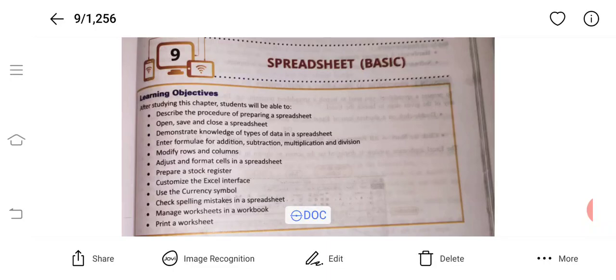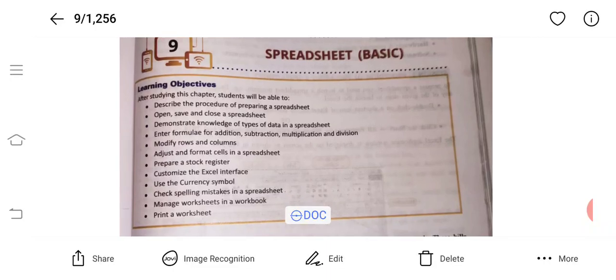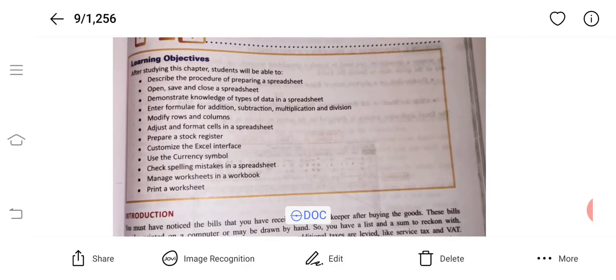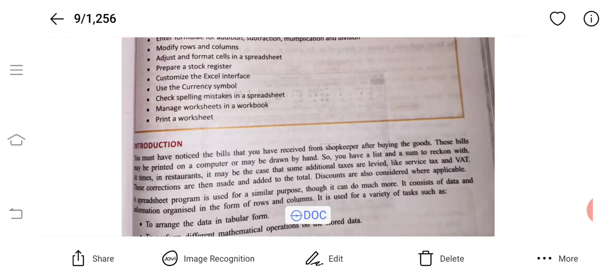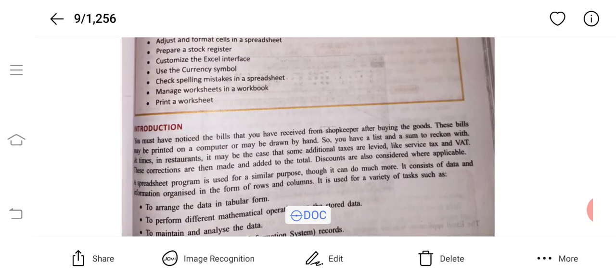Okay, now let's start our chapter, that is spreadsheet basic. Now, what is a spreadsheet? A spreadsheet is a program. It consists of data and information organized in the form of rows and columns, that is, in the form of a table.